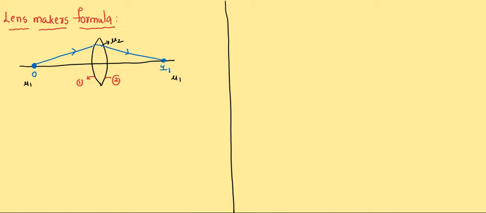Actually, one thing happens. This lens has two surfaces, first and second. O is an object, then the first surface forms the image of object O in the lens medium. And this image will act as object for the second surface. That means O is the original object. For the first surface it acts as object. We can take this as the first surface, and this is totally the lens medium.